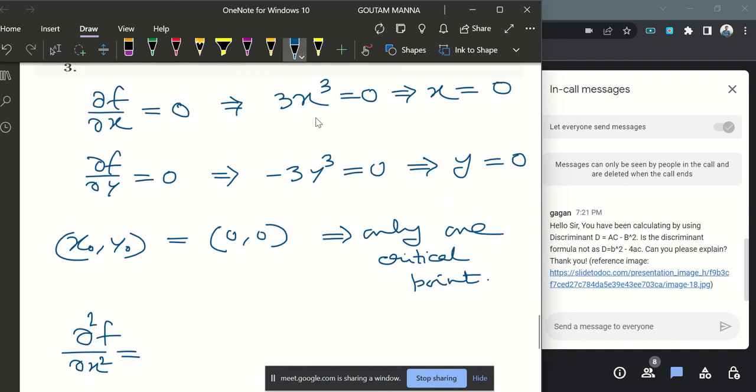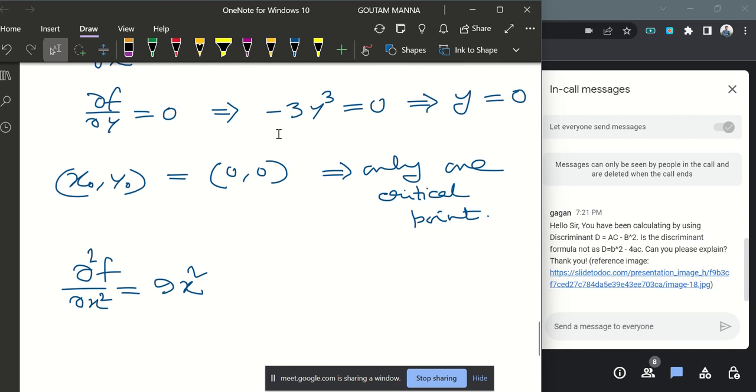So del x of del f del x, and del f del x is 3x cube, so it will be 9x square, and del 2f del x del y will be del x of del f del y, and del f del y you already calculated, that is minus 3y cube,